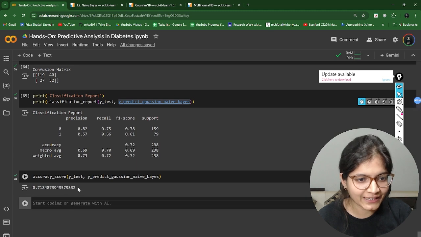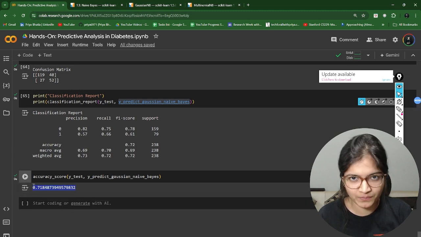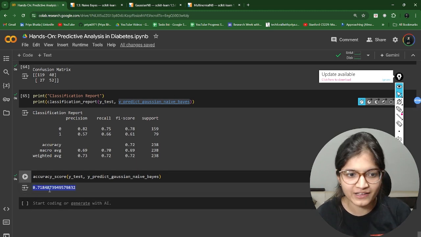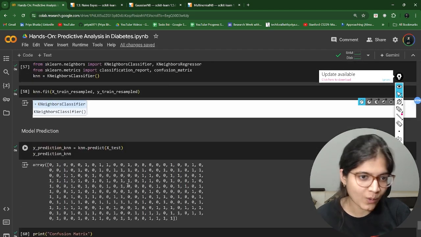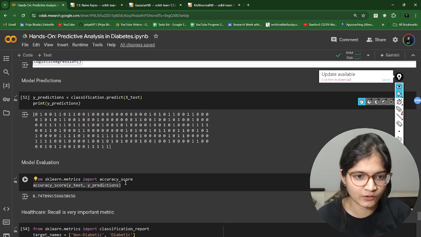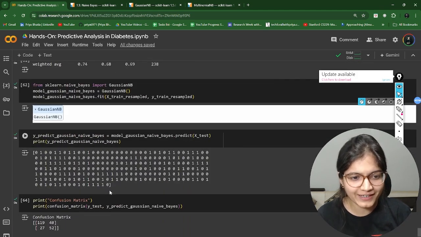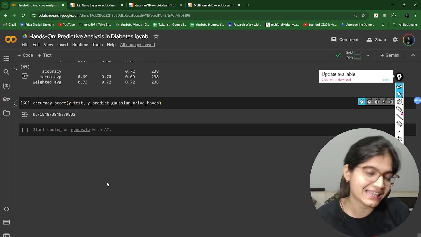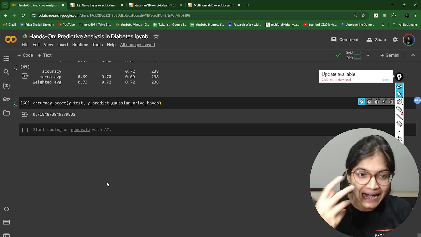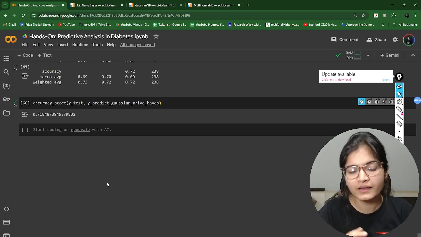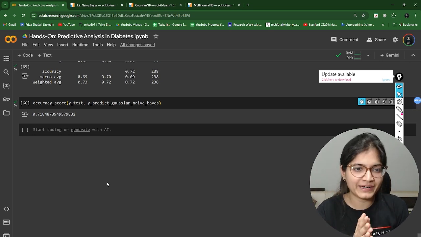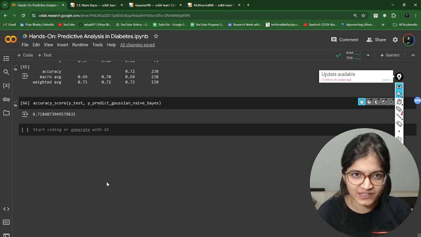We can see the accuracy that we are getting for this specific naive Bayes is 71.8. Acha, what were we getting in the logistic regression? If you remember, we were getting approximately 74.7. So in a way, yes, naive Bayes is not working as accurately as the logistic part. But yes, this is the core implementation of naive Bayes.